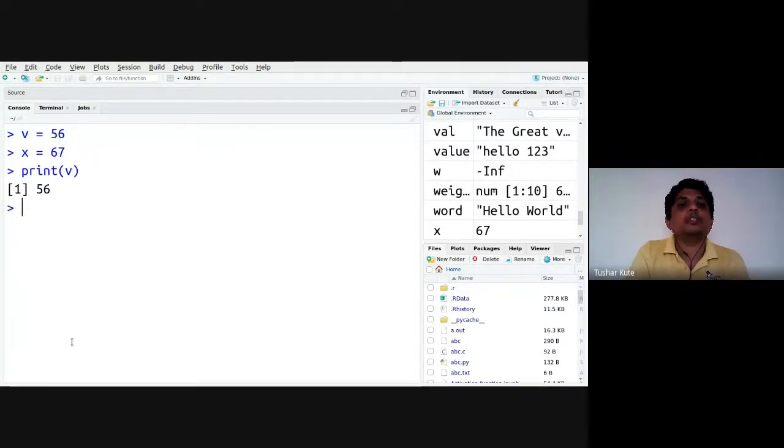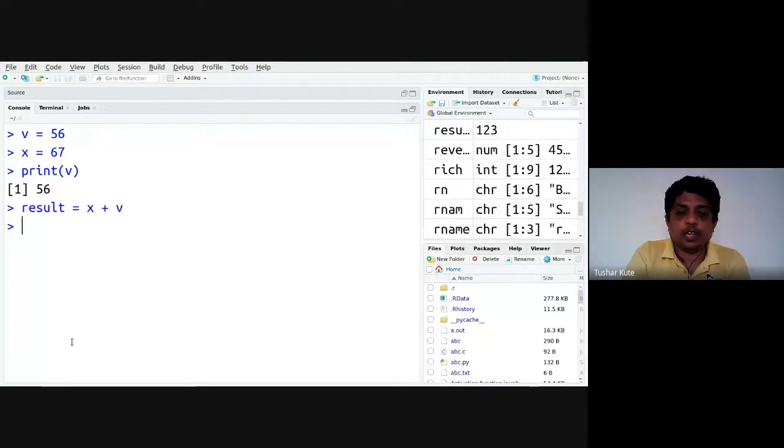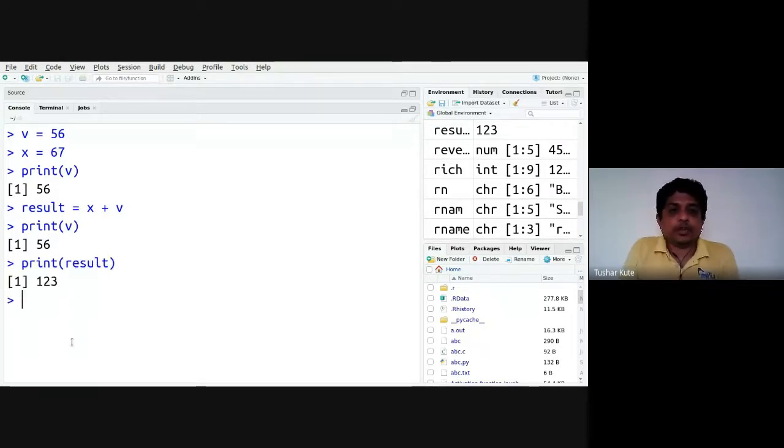We print the value of the variable on the screen. We can perform operations on them also, like result is equal to x plus v, and then print the result on the screen. This is a variable declared and we are using its value by printing it.